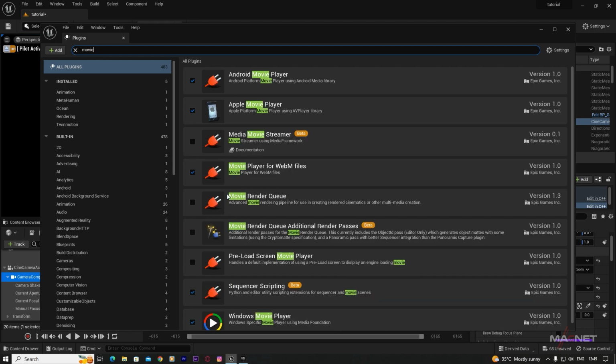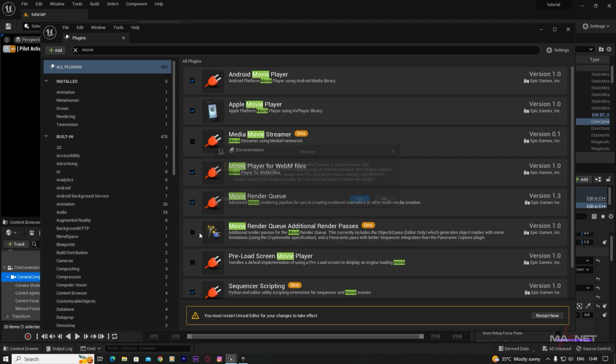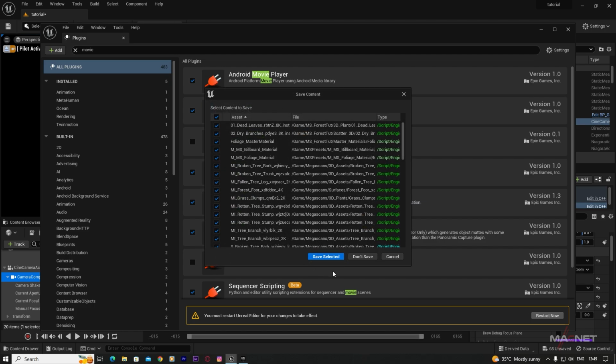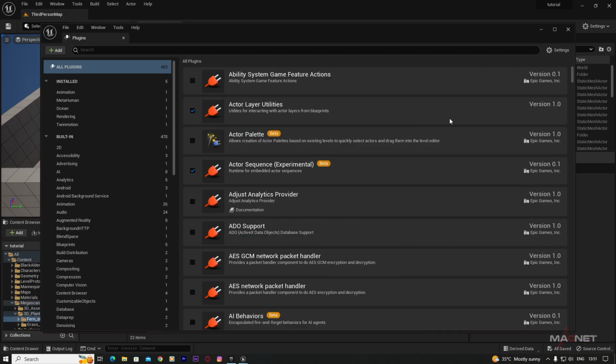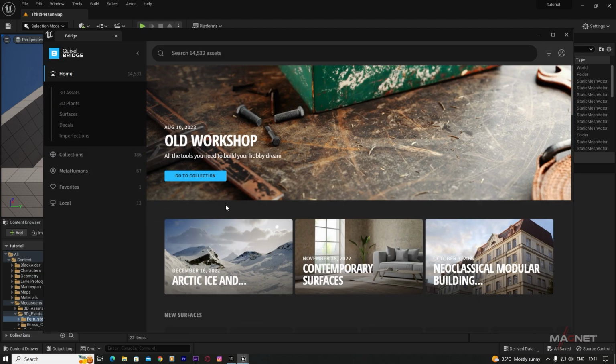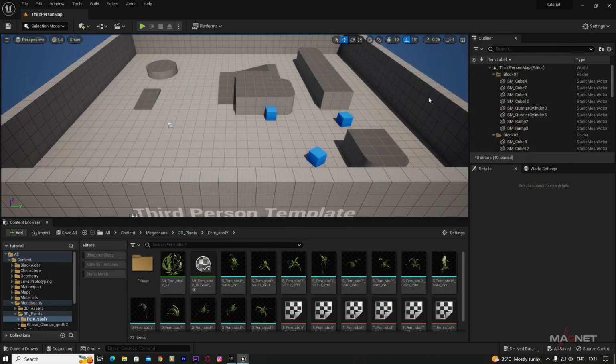Okay, and when you type movie, you will find this movie render queue. Just tick those and movie render queue additional passes, and then you have to restart the engine. So just click on this restart, and you have to save all of these changes. And when you restart, just minimize this one and also close this one,